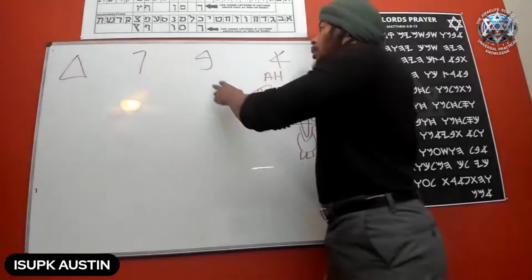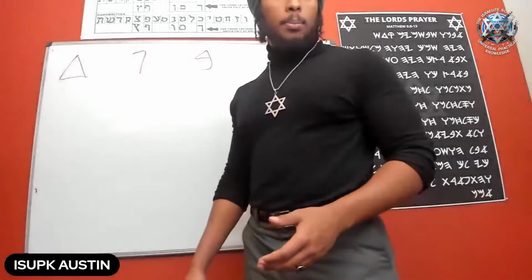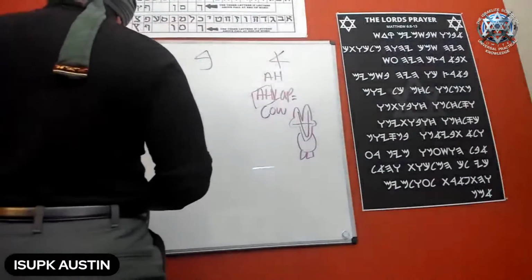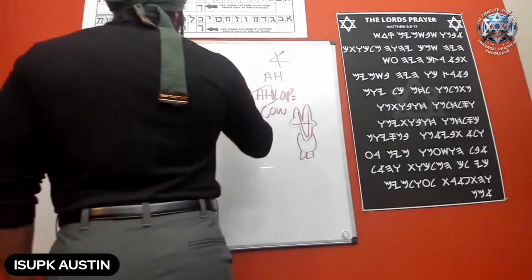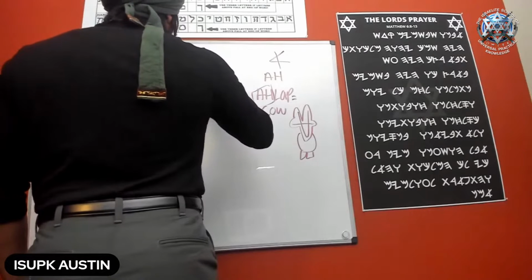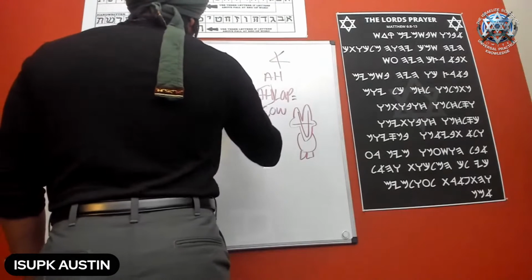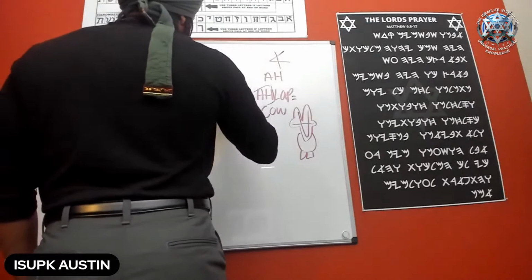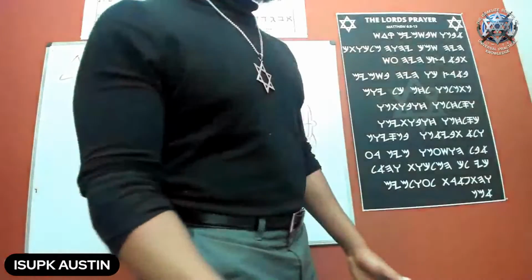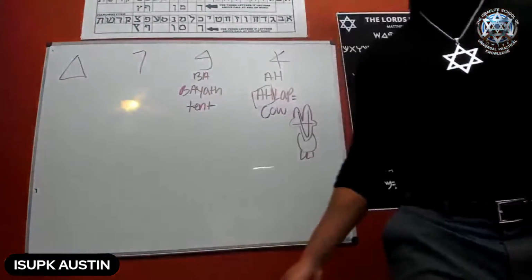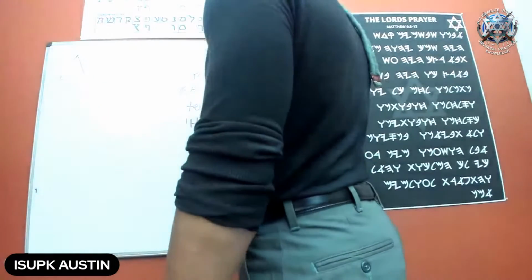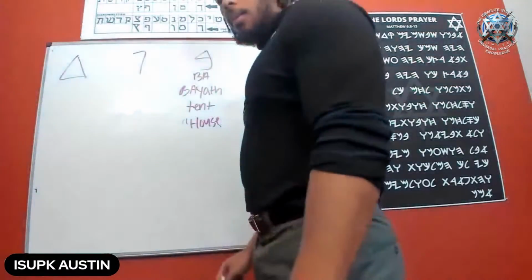So now look, check this out. Now we have Bet, right? What is Bet? Think about what Bet is and what it could be. Bet will come from the word Bayit, which is what? A tent. But back then, that's what they had to live in. They didn't have the houses we have right now. So in modern terms, this would be a house.